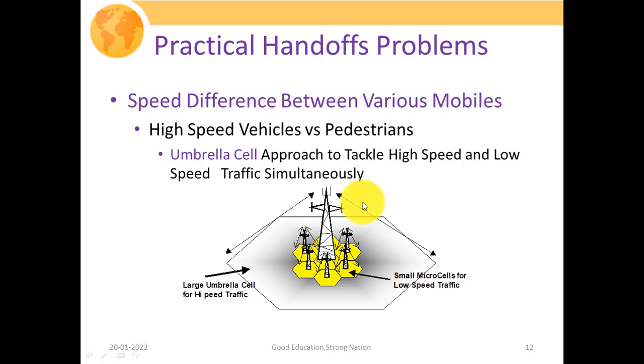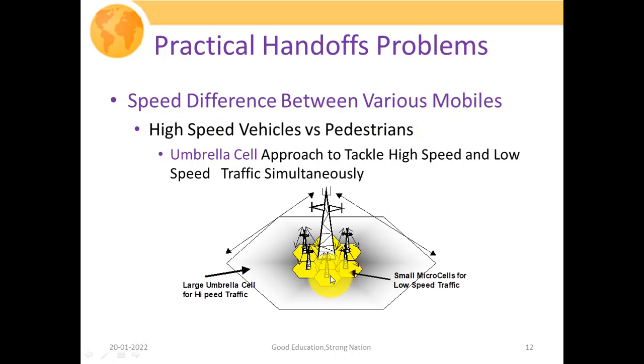So the umbrella cell approach is there. What it is basically saying is, we are going to have certain larger base stations which transmit high power, so their cellular range is quite large, and for allowing capacity, we are using small macro cells for low speed traffic. As we already discussed, high capacity is achieved by installing a larger number of base stations. So this particular system will serve the purpose for capacity, as well as for the handoff